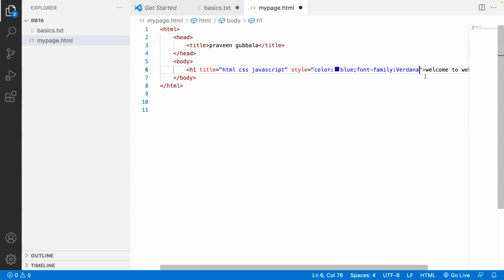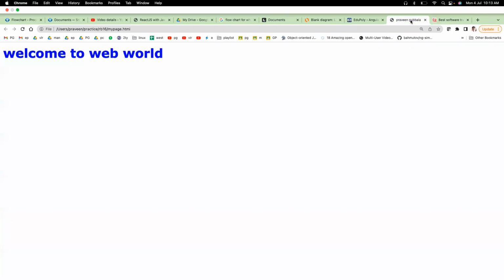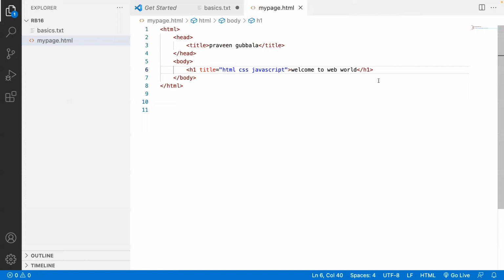The point is, I just want to remove this style attribute also, just to tell you some simple thing. Save. You can put one element inside the other. I repeat, you can put one element inside the other. So I have H1 here. Okay, I'll write my name.